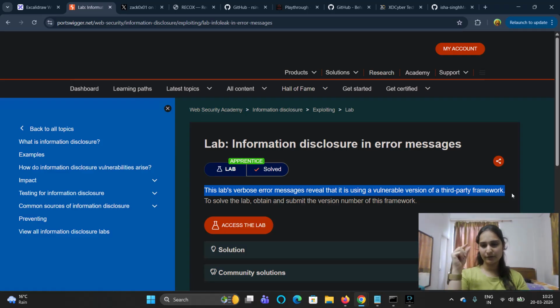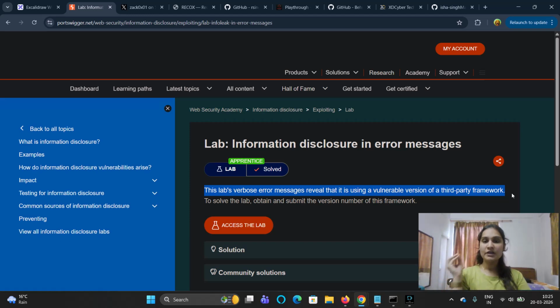A verbose error message means the message that pops up when there is some sort of error. Like if we put some random scripts or something, it should usually give us an error like 404 not found or 500 internal server error.